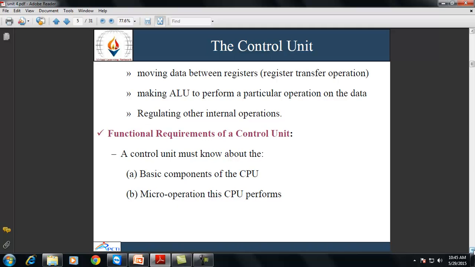The CPU of the computer consists of the basic functional components: ALU, which performs the arithmetic and logical operations; registers to store the information within the CPU; internal data path, used for moving the data between two registers or between a register and ALU; external data path, basically used to link the CPU registers with the memory or input-output modules; and the control unit that causes all the operations to happen in the CPU.